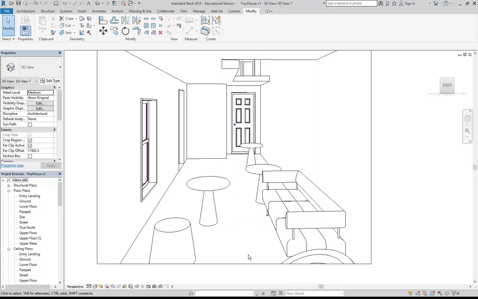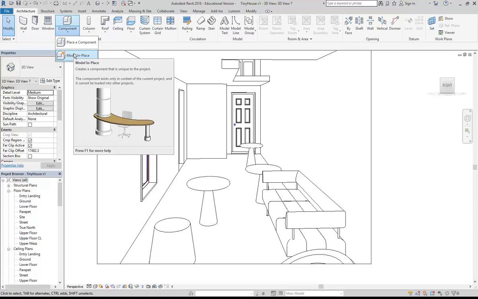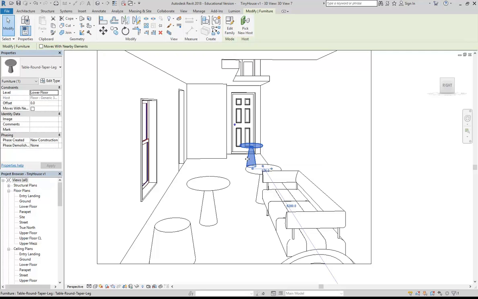So can you see how much easier that is when you've got repeated elements, rather than having to go and edit each one? If I'd done that with Model in Place, I would have had to go and edit each table after I'd copied them, just to change the size. So taking that idea a bit further, again, because they're a loadable family, let's move this over actually, so it's not in the way of the door. Now I can just select any of them,